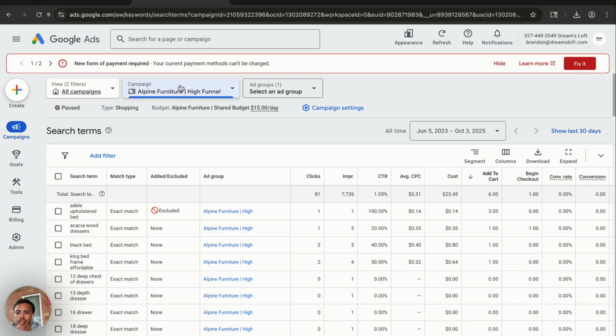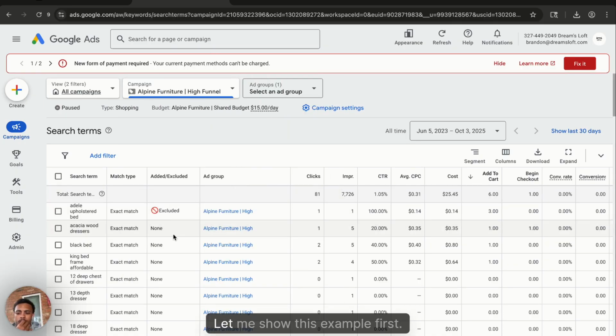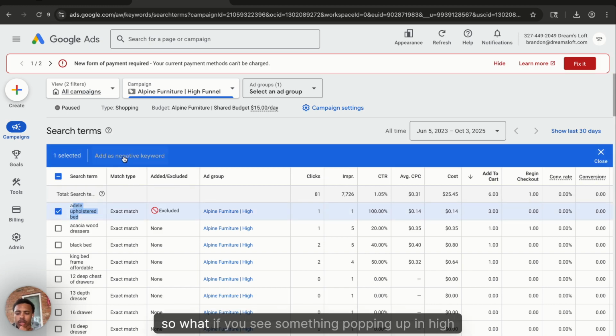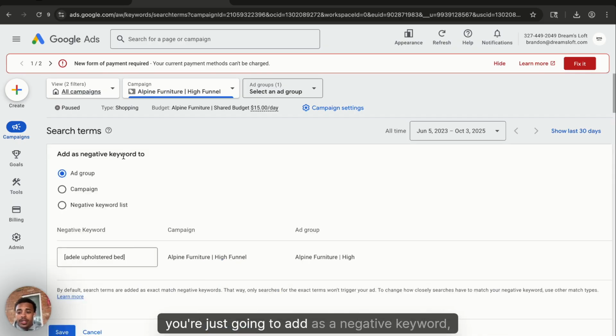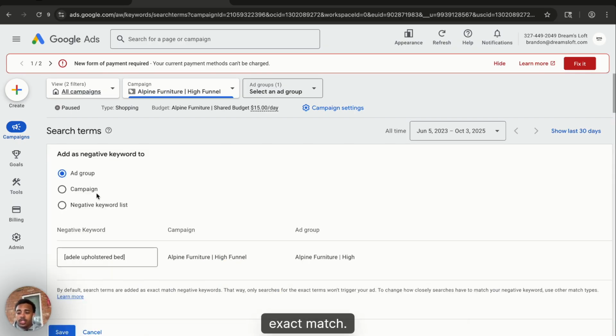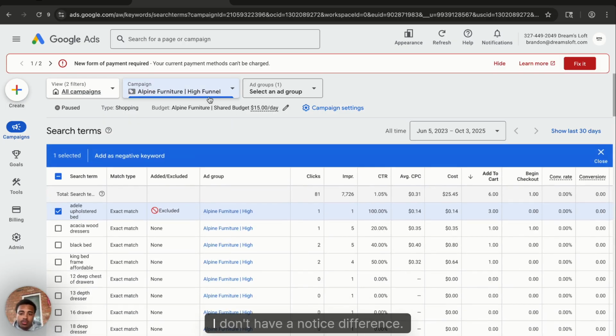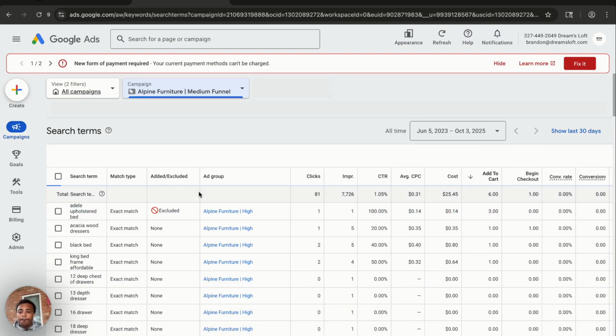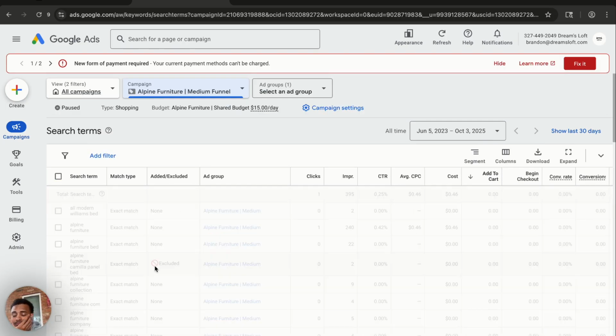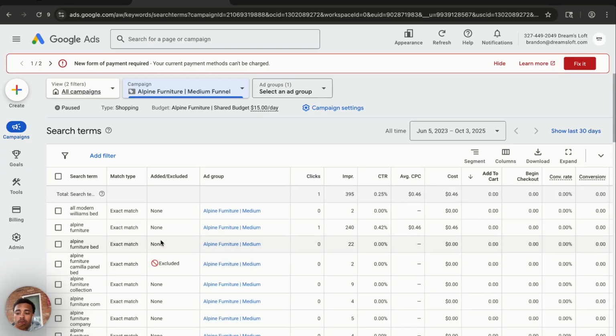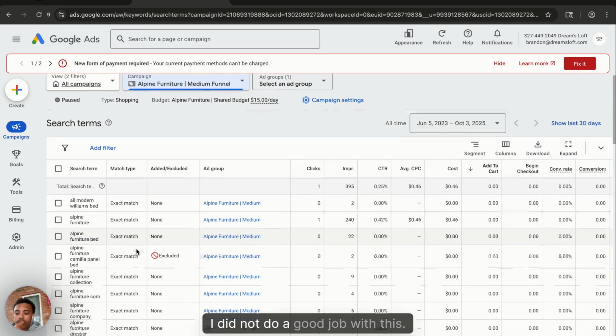Now you'll go down to, let me show this example first. So this was a specific product name, okay? So if you see something popping up in high that should be a medium or a low, you're just going to add it as a negative keyword, exact match, and then you can do either the list, campaign, or ad group. It doesn't really matter. I haven't noticed a difference. Then on the medium,